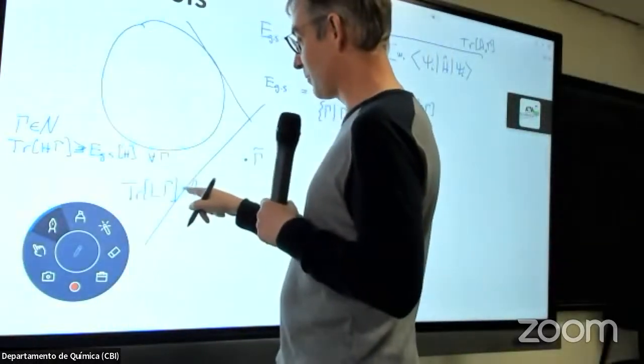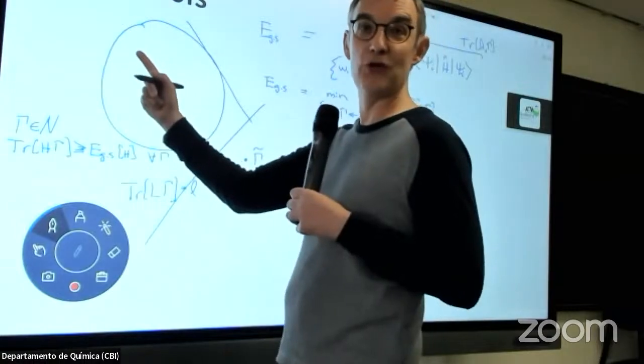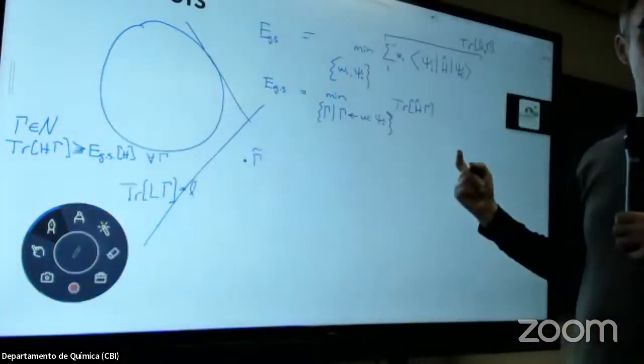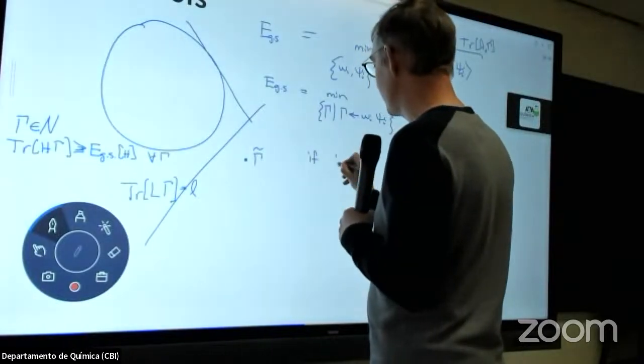This set, there's a hyperplane, looks like this, and on one side you have your real space, and on the other side you have your things. And so what that says is if